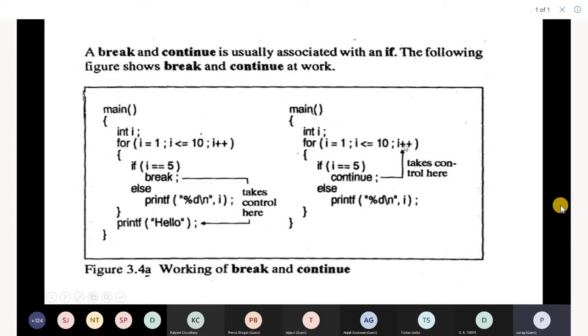I will become 6, printed, 7, 8, 9 and 10 will be printed. That is the difference between the break and continue statements. Break unconditionally takes you out of the current loop, whereas continue skips the current iteration and goes to the next iteration and executes the next statement inside the loop.